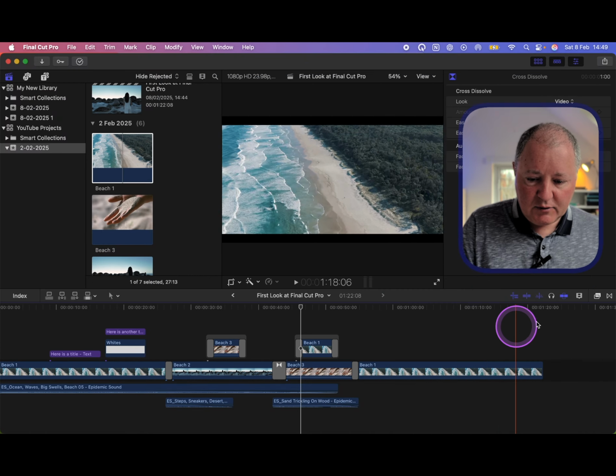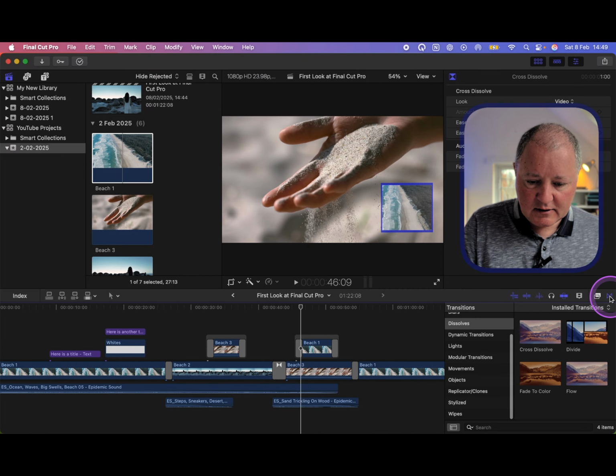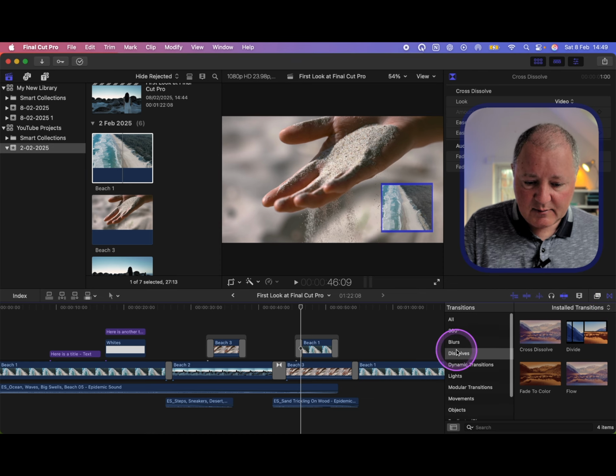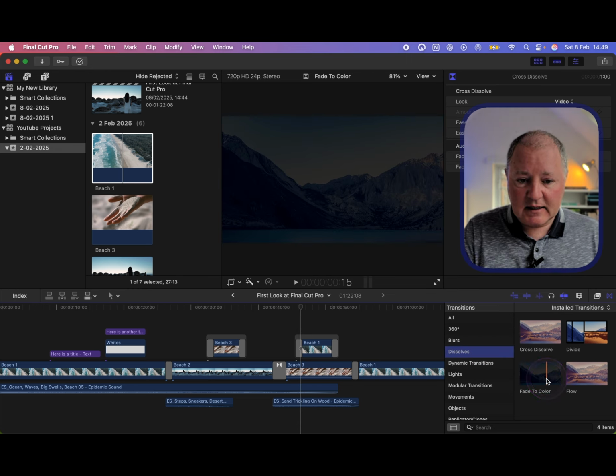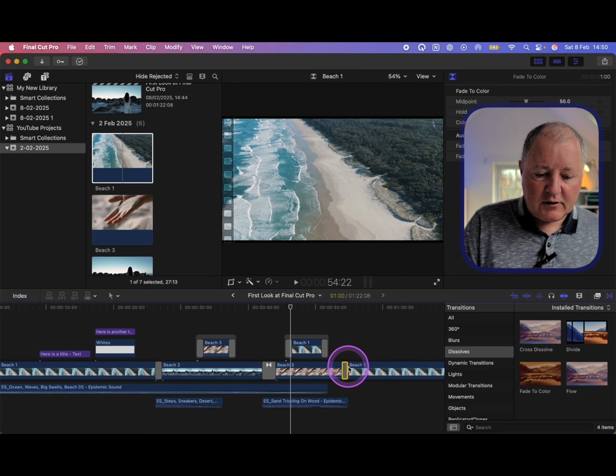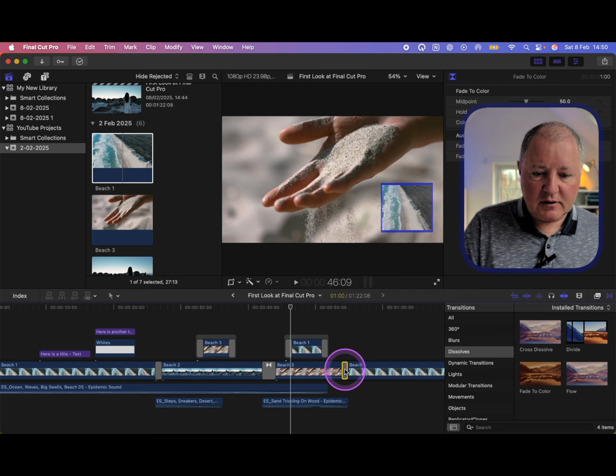In Final Cut Pro, it isn't there. In Final Cut Pro, you have to use this transitions tab down at the bottom right. You need to go to this transitions tab, and then you need to go to dissolves, and then you'll find fade to color. It's not fade to black, fade to color. So you drag it to where you want it to create the transition. Then if you click on the transition, you'll see